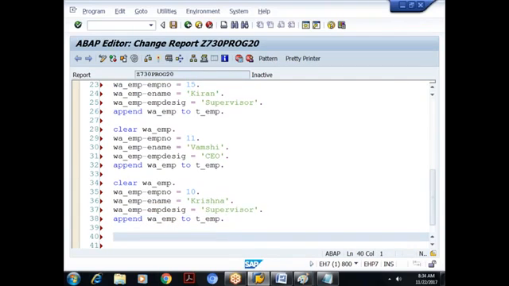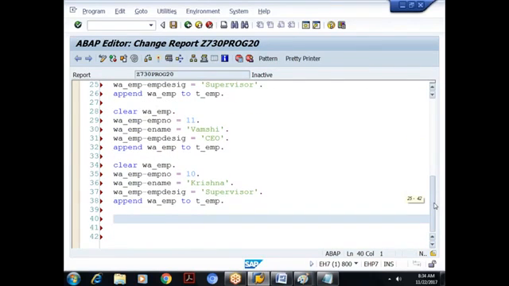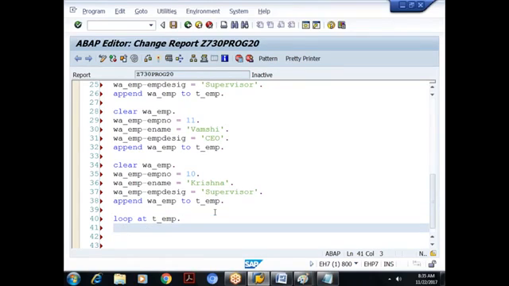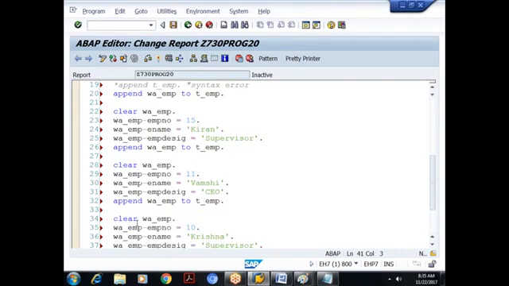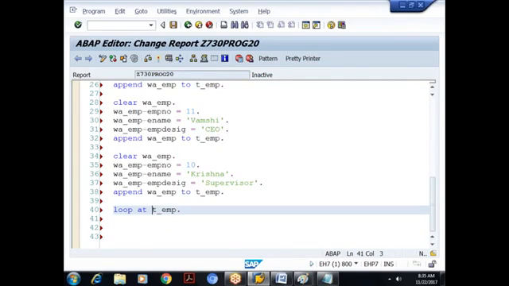Yeah, done. So they are some of the records. Okay, done. Now what I have to do? I have to display it. How do you display? You have to use a loop. So far what you are doing? Loop at T_EMP. Right? Loop at T_EMP. What will this loop statement try to do? It will try to populate the data from the body of this internal table to its default header. Does it have a default header?